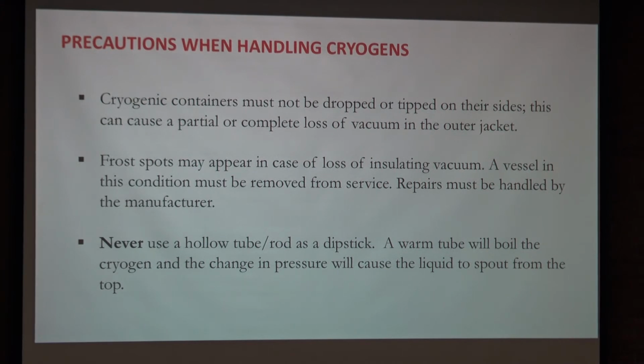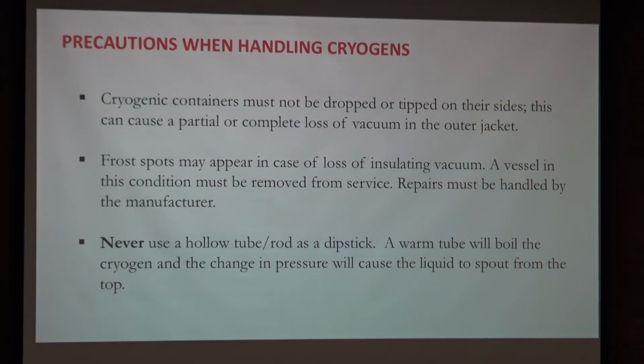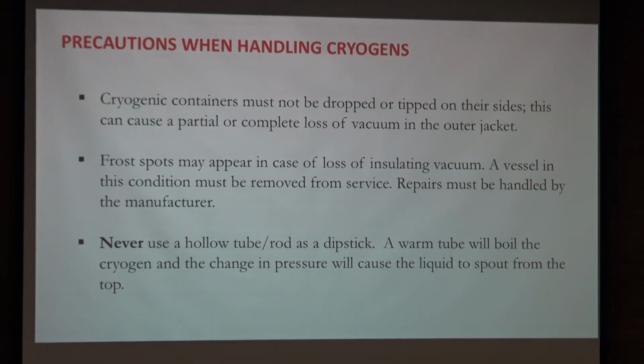If they accidentally fall over, you can create a fairly large torque on the neck of the dewar vessel, which it's not built to sustain. In some cases that can lead to an instant loss of vacuum. When the vacuum is lost, of course, the dewar is no longer insulating, and the gas will